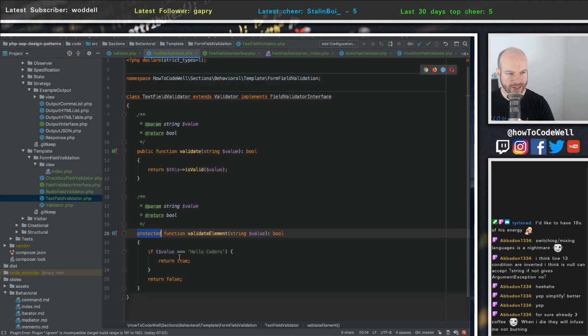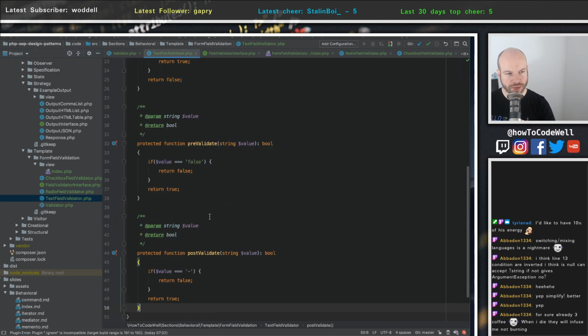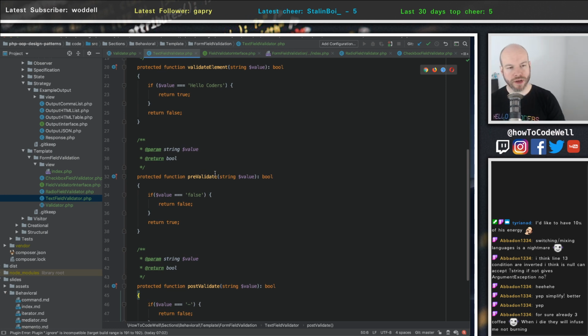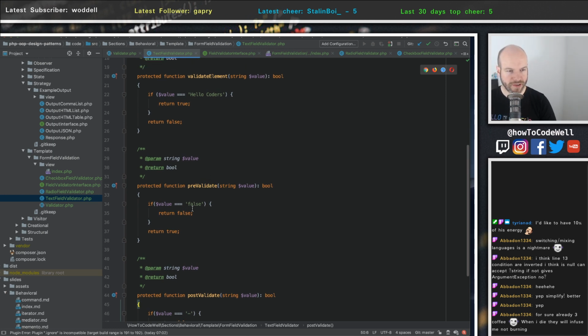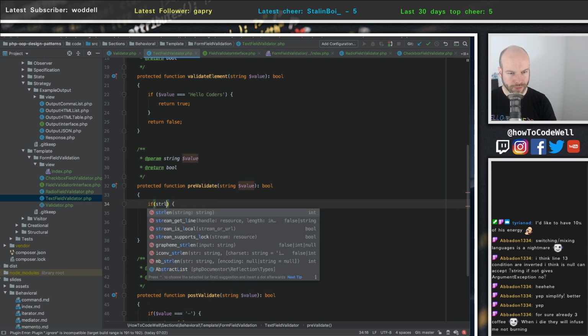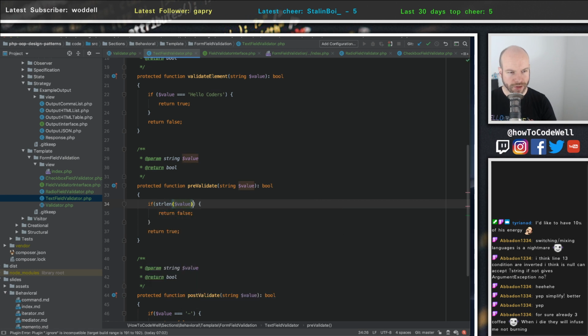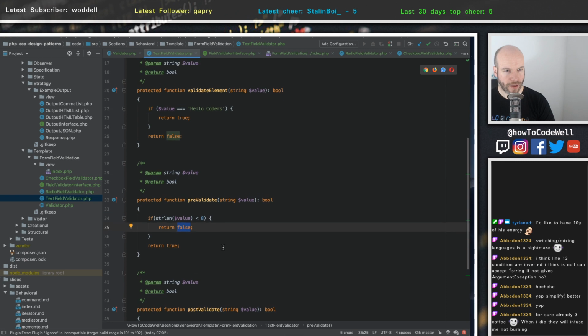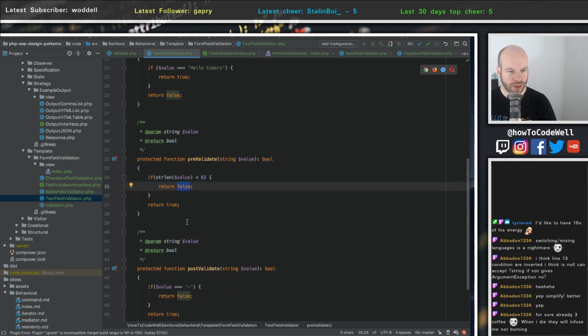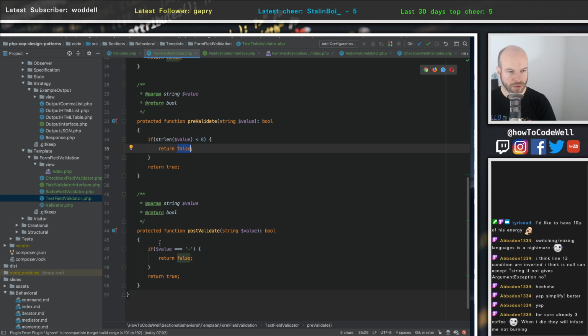In the text validator, let's say, for example, maybe this was validating a password. So what we would do is perhaps in the pre-validate, we would validate the size of the string. So maybe we want to do if strlen of the value is less than, I don't know, 8, then we return false. Just make sure that's correct. Yep. And then maybe on the post validate, we do